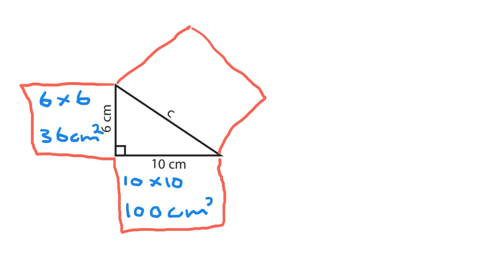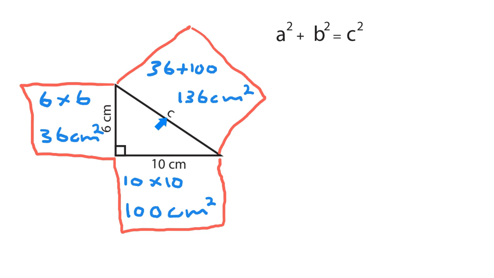Now, according to our relationship, I'm just going to bring up the equation here. So here's our equation. This is the relationship. According to this relationship, if we take the area of square A and we add it to the area of square B, we should get the area of square C, which in fact will work. So what we're going to do is add 36 centimeters squared, the area of square A, to the area of square B, and we're going to get an area of 136 centimeters squared. But we're not finished yet because we are actually being asked to find out how long is side